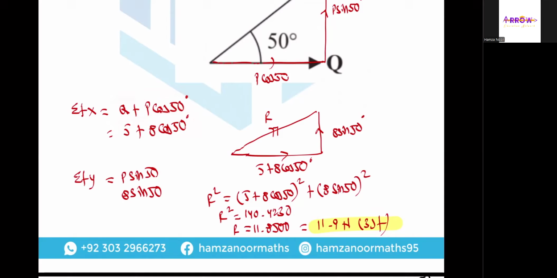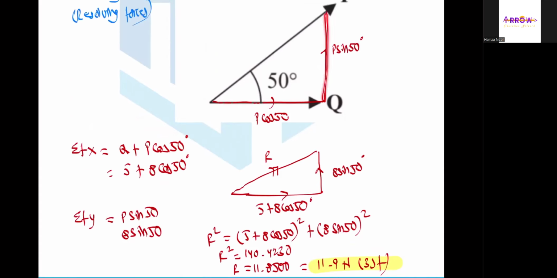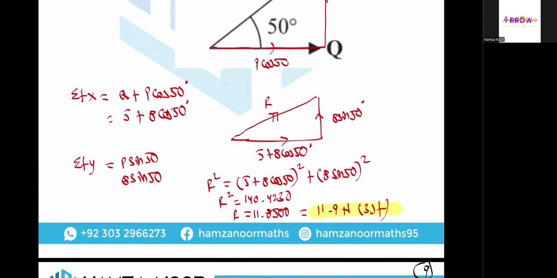All right. So the sum of the horizontal forces is 5 plus 8 cos 50, and the sum of the vertical forces, there is only one vertical force, which is acting upwards, which is P sine 50, and the magnitude of P is given to us as 8, so 8 sine 50. So basically I have made a triangle over here, which is a right angle triangle. The adjacent side is 5 plus 8 cos 50, the opposite side is 8 sine 50, and R is basically